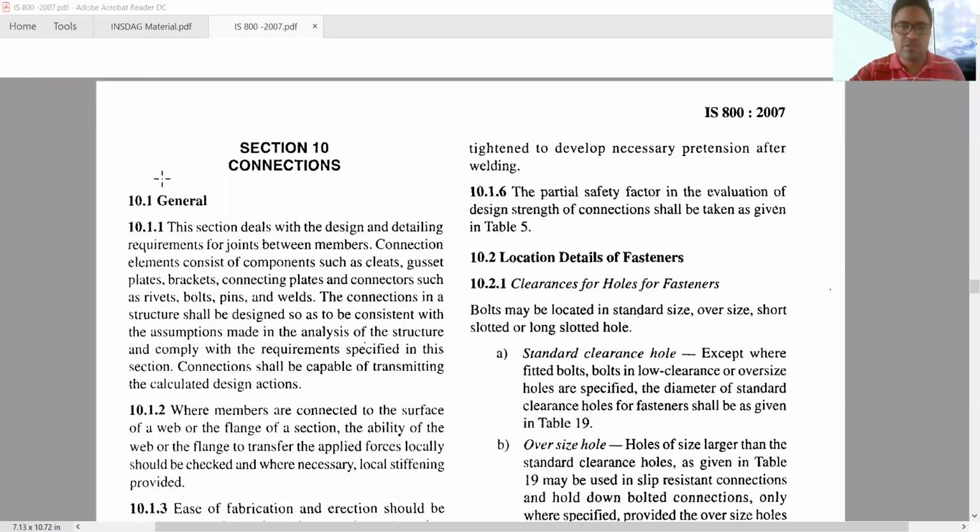Hello, welcome back. So in the previous part, I have shown you the design aspects, and there I have shown you some formulas to calculate the strength of the bolt in terms of tension, in terms of shearing strength, or in terms of tension strength of the bolt. So all these formulas are given in the IS code. If you go to page number 73,